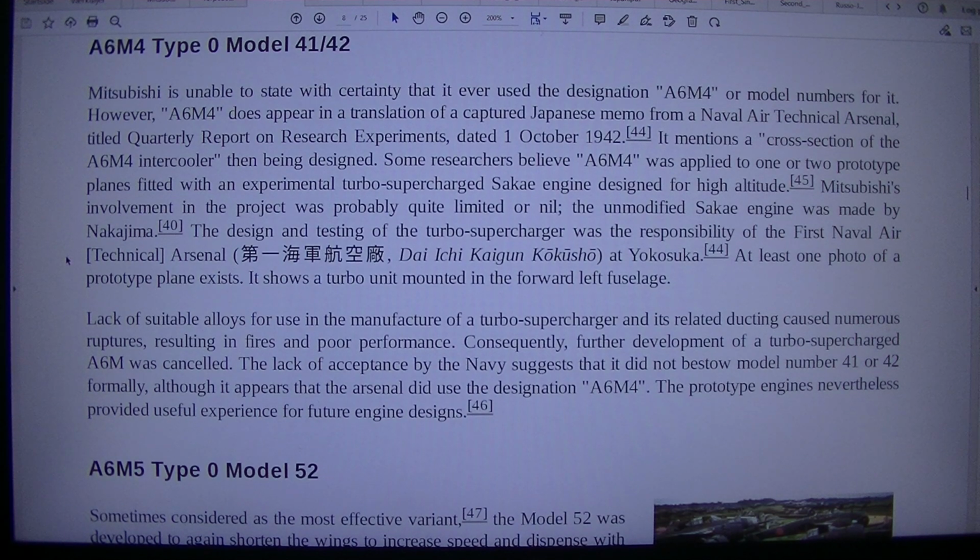At least one photo of a prototype plane exists. It shows a turbo unit mounted in the forward left fuselage. Lack of suitable alloys for use in the manufacture of a turbo supercharger